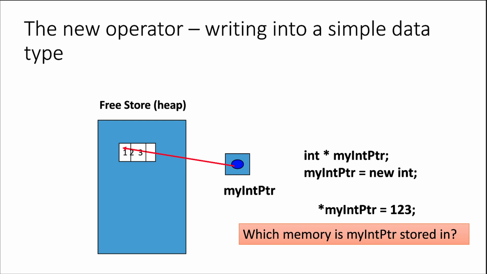Okay. Any other answer or any more clarity you want to give for that answer? Anything you want to add to that answer, or anybody else wants to answer? So my int ptr will be stored in the program data, whereas the new int will allocate a memory from heap. Program data. What do you mean by program data?